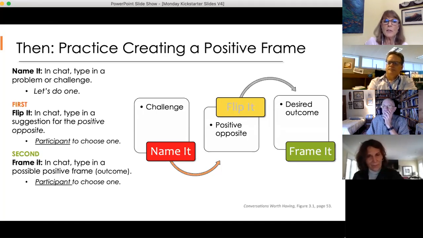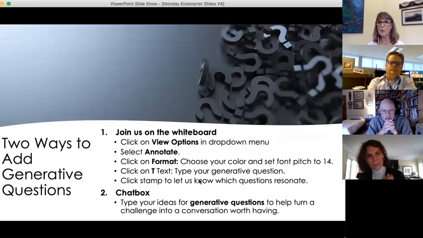And whoever's problem or situation this is, they get to choose the frame of their choice. And we'll put that into a whiteboard. And then on the whiteboard, everyone can join. And the way to join is once I bring a whiteboard up, there'll be options across the top. And if you click on view options, you'll get a drop-down menu, click on annotate, and then you'll have another